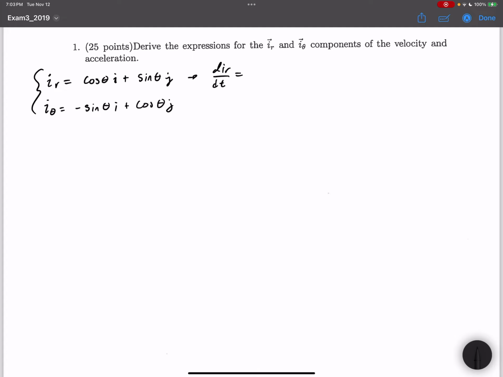By taking the derivative with respect to theta, we can say this is d theta/dt times d/d theta of cosine theta i plus sine theta j. And that equals